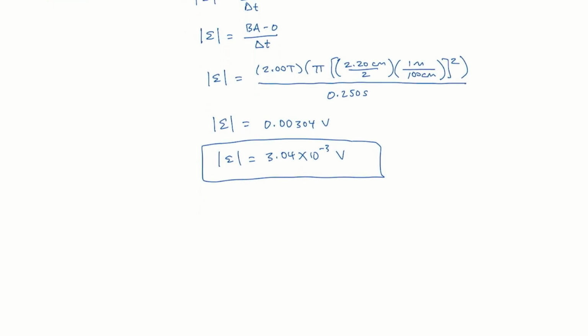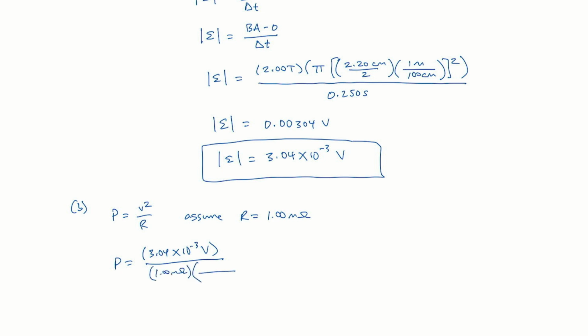Now in part B, we want to know if the ring heats up. Okay. And so the power dissipated by a resistor is V squared over R. Okay. And so let's assume R is about 1.00 milliohms. Okay. And then the power is going to be the EMF we just found. So the 3.04 times 10 to the minus 3 volts divided by the 1 milliohm,